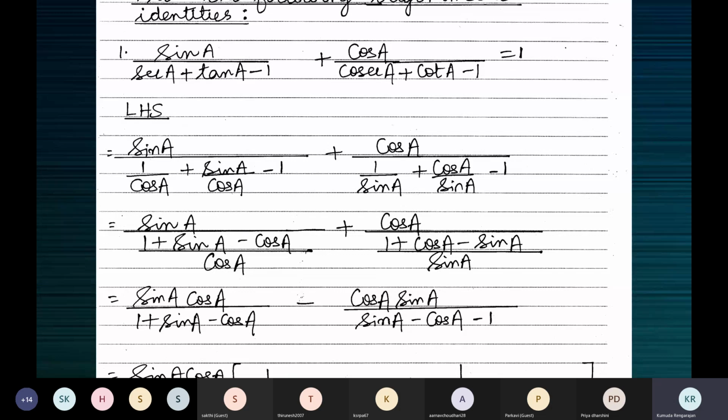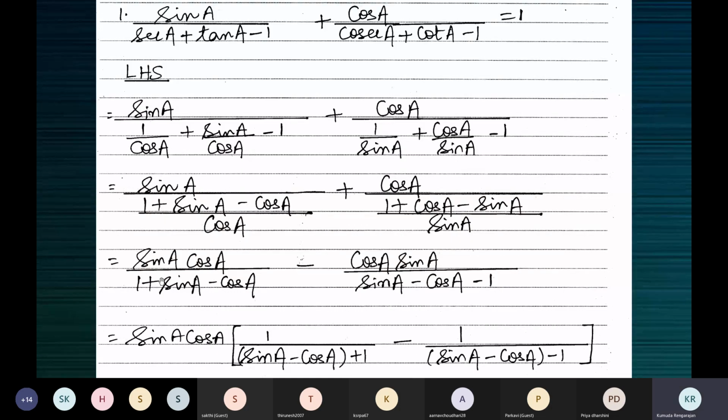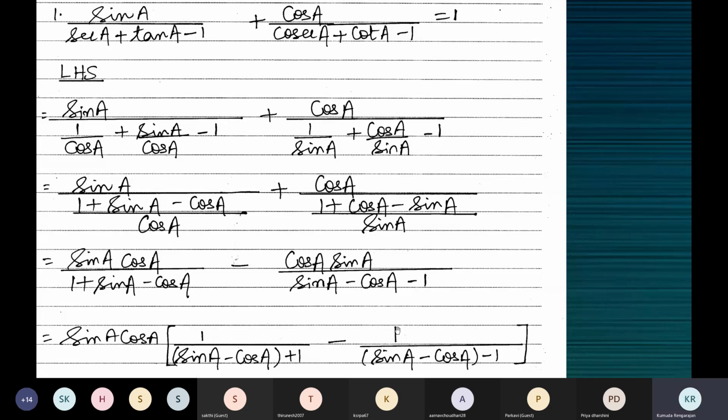All right, children. Yes, let's continue. So sin A cos A is common in the numerator. Whenever there's something common, we bring it out, so that we are simplifying. Simplifying means you should do something that simplifies. So take out sin A cos A common. That will give you 1 in the numerators here and here, because sin A cos A you're taking out common. So 1, 1. And then what happens? Here we are grouping as we wanted: sin A minus cos A in a bracket plus 1, and sin A minus cos A minus 1.